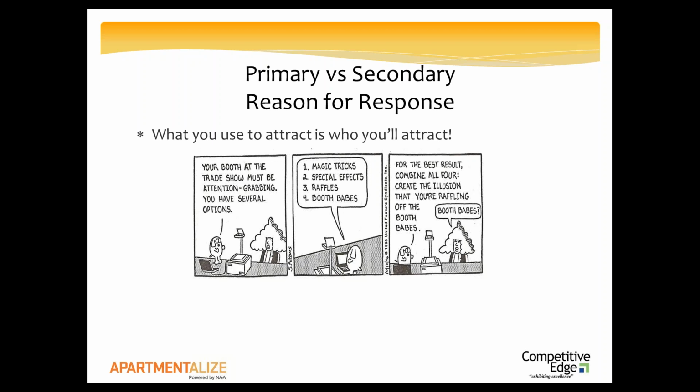And maybe Dogbert said it the best way of all. He's saying that your booth's got to be attention grabbing. You could do magic tricks, special effects, raffles, or booth babes. And Dogbert said, combine all four and create the illusion that you're raffling off the booth babes, right? So funny, but